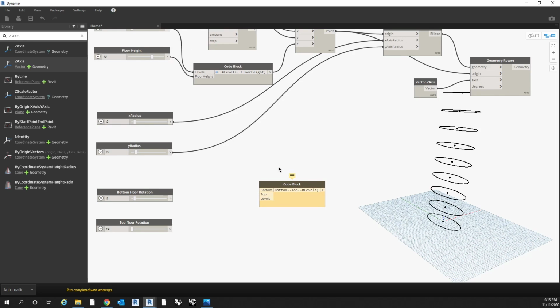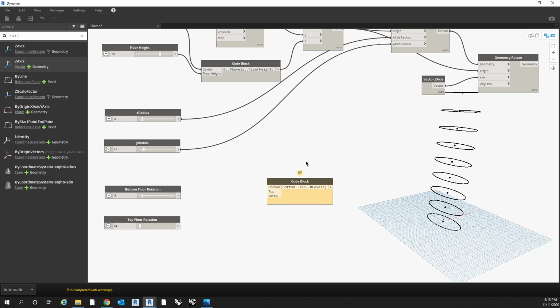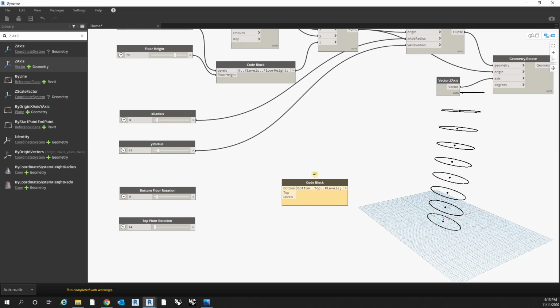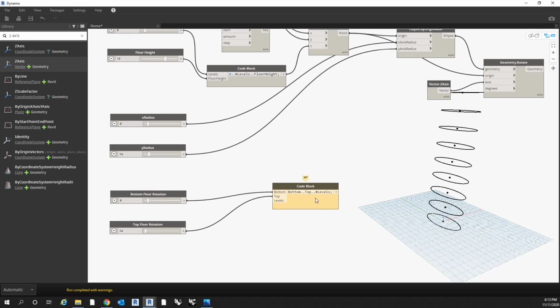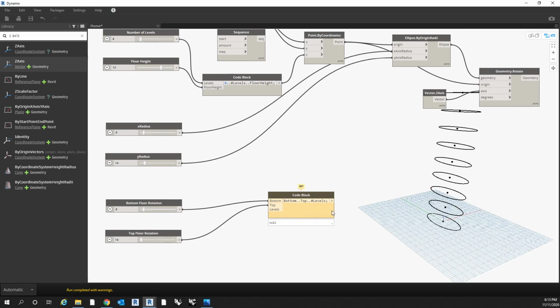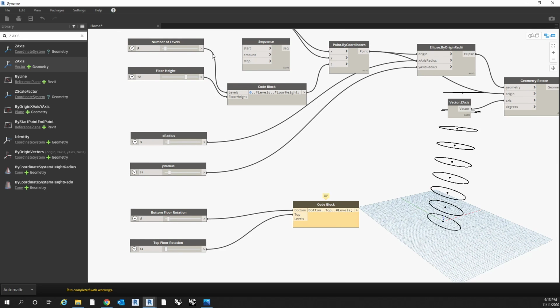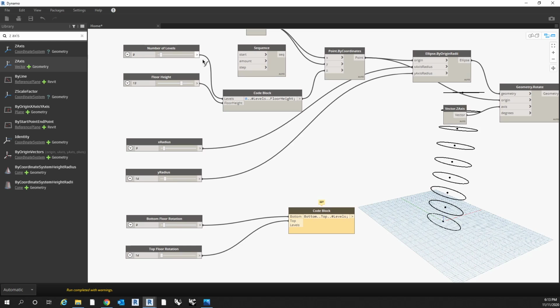All right, and what this does, it populates a bottom, top, and levels input on the right-hand side. It's going to ask for a list from the bottom value, which is 9, to the top value, which is at the moment 14. And then what the hashtag at the end does, it's asking for a list from the bottom value to the top value, evenly divided by the value that we input into levels, right? So if we drag in levels,